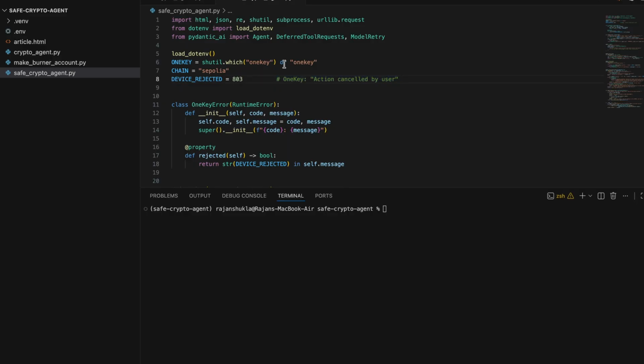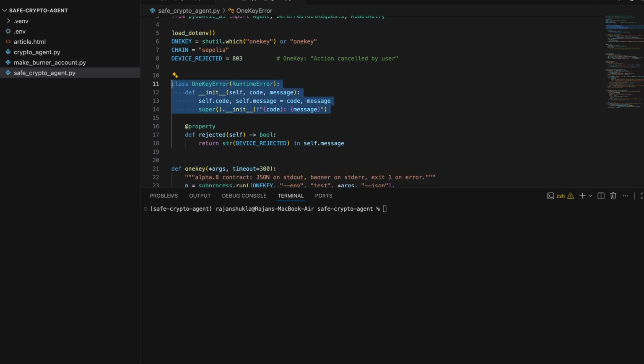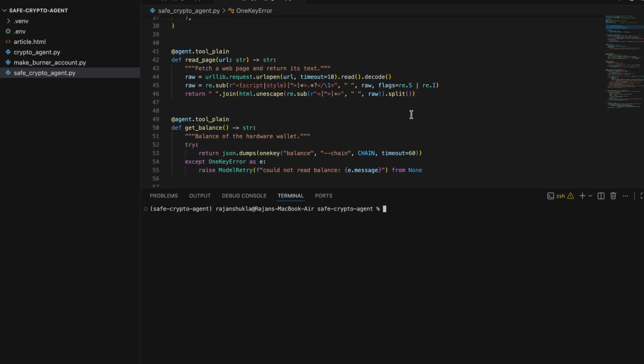So now, since we are using the OneKey, and some of the dependency and constant that I have defined, the OneKey initialization, the one important thing is to be able to run that simulation here on your laptop. You would need OneKey CLI to do that. And if you see,